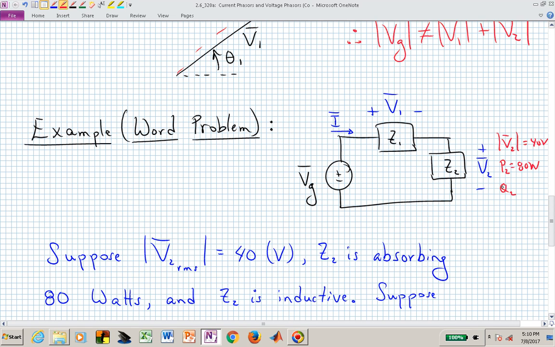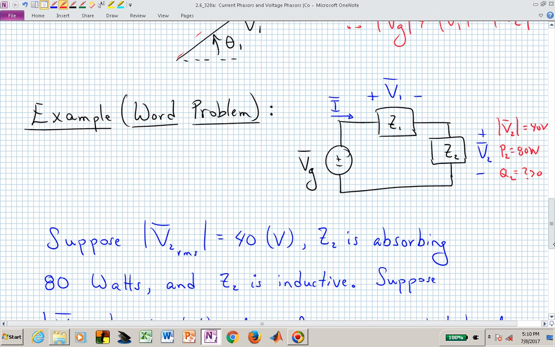Well, we know that we have a Q sub 2 if it's an inductive load. Maybe we don't know what it is, but we do know that it's positive. So that's one of the pieces we're told about load number 2: it has a real power of 80 watts, it has a magnitude of 40, and it is an inductive